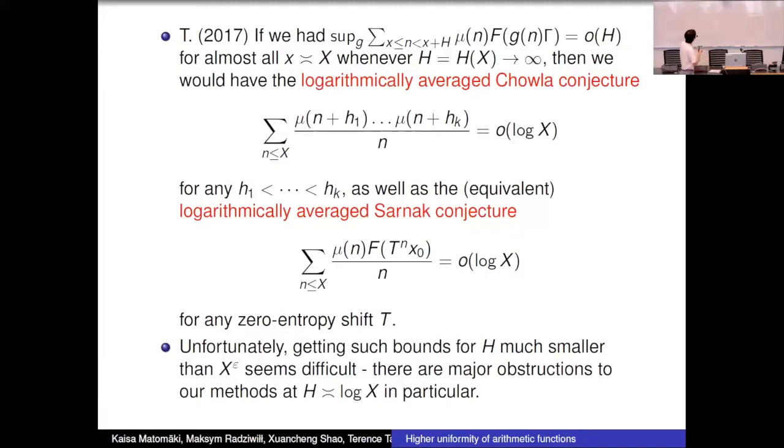So that's something that I've been trying to do for years, and that's the closest we've gotten so far. There seems to be this big barrier. All our techniques break down as you approach log x, and log x is the barrier you need to cross in order to start getting these applications. There really seems to be a qualitative difference between intervals of length less than log x and intervals of length bigger than log x. It's a different theory, and so we're missing something, and I don't know what.